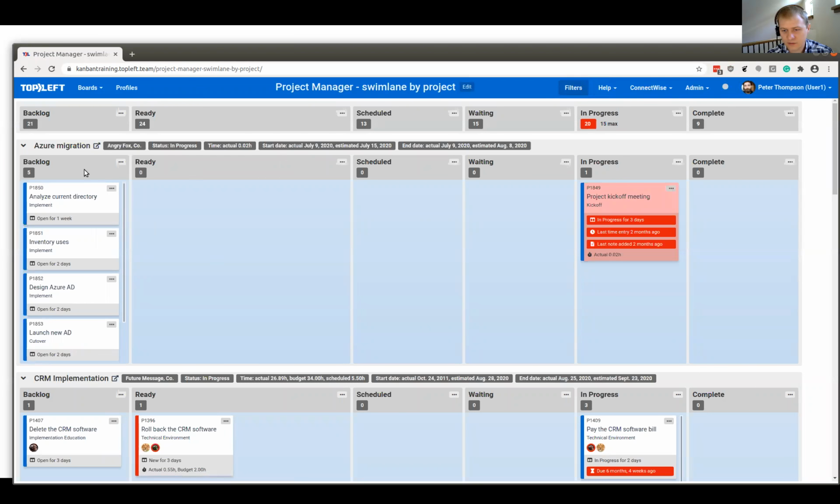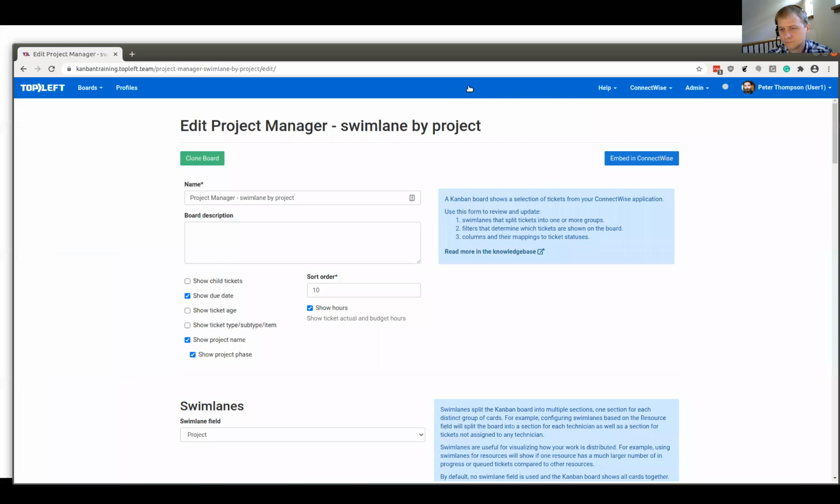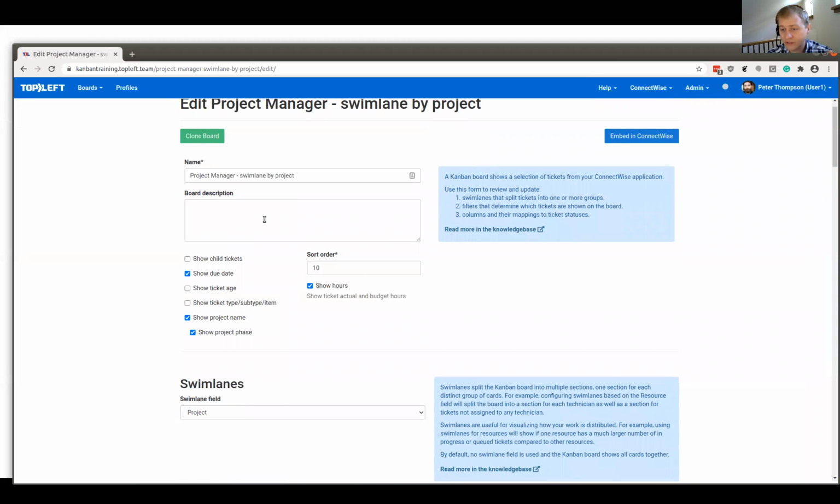So this is an example of what we're going to get in the end. To make a board like this, you will be an administrator in your Kanban instance. You're going to have the title here, the edit button by the title. And then we see all the key configurations here, pretty typical things that you set up for every board, like